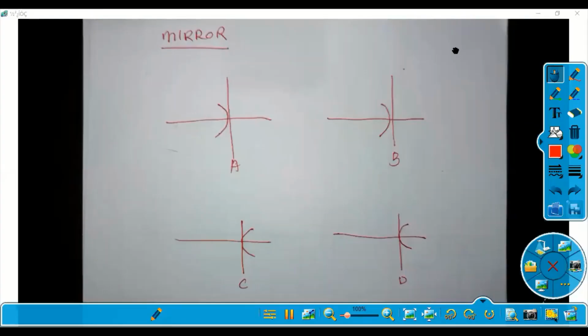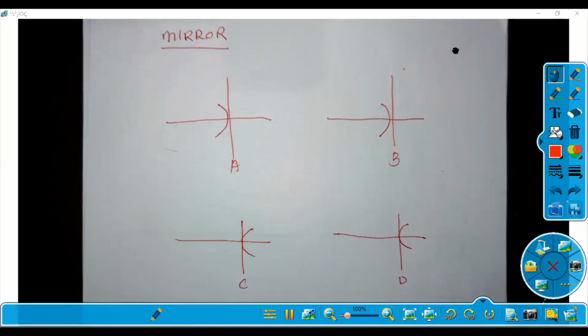Before we go through the refraction, let's revise some simple topics of the previous concept. In the previous lesson, we learned about the curved mirror. So ladies and gentlemen, A, B, C, D, can you please tell me which two are convex and which two are concave? So I can set that this one is a concave